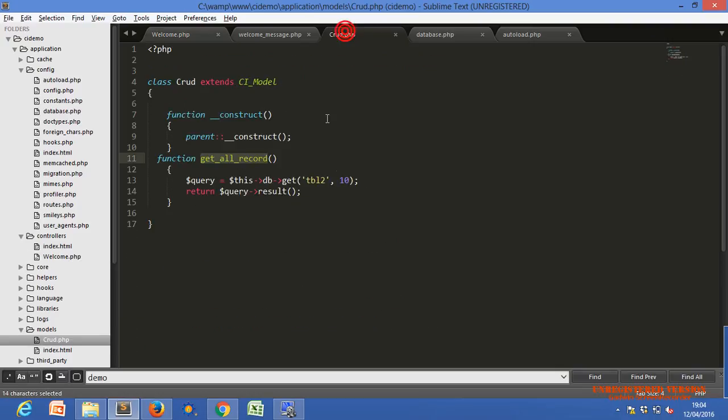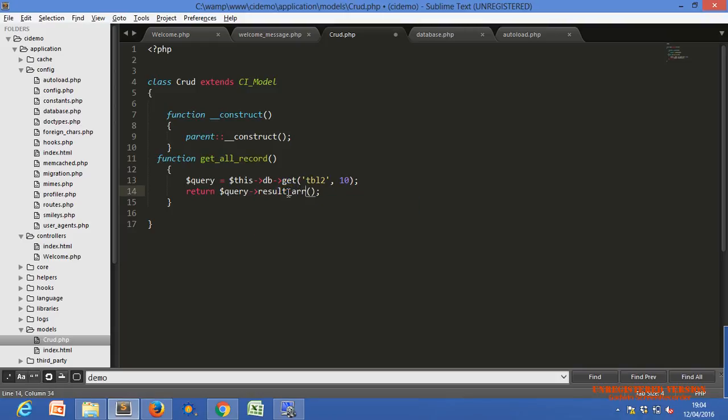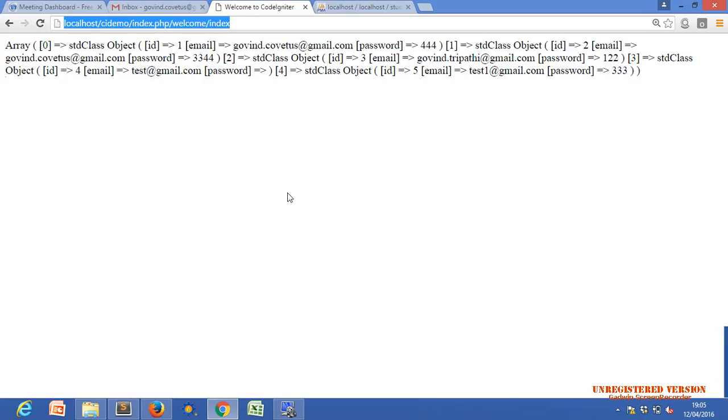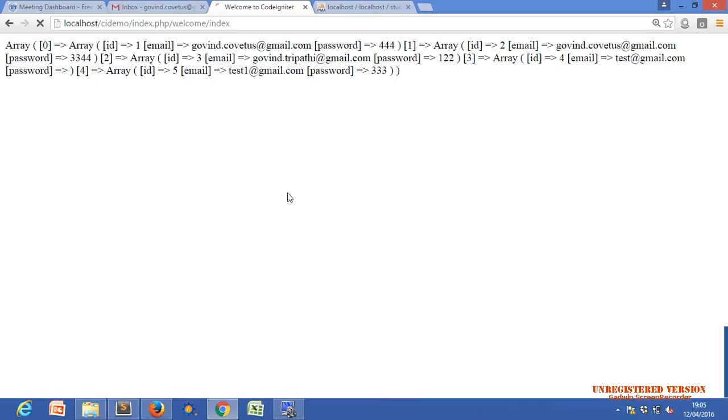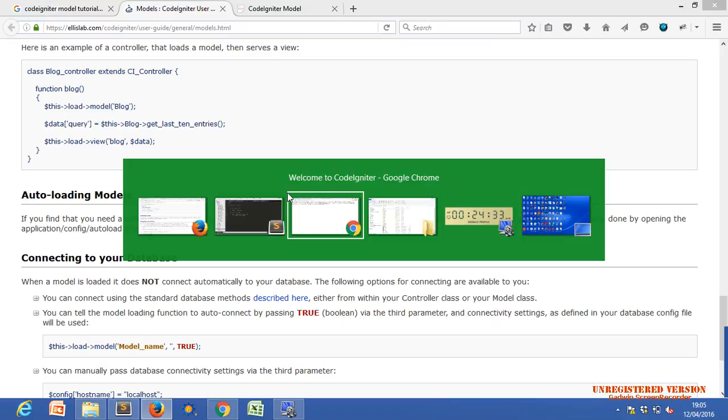Where is our model? Yeah, here. Result_array. It is coming only in array format. Now we can display by using a foreach loop. I'll explain.